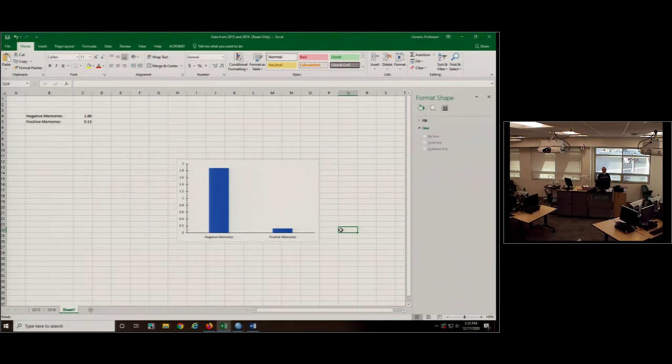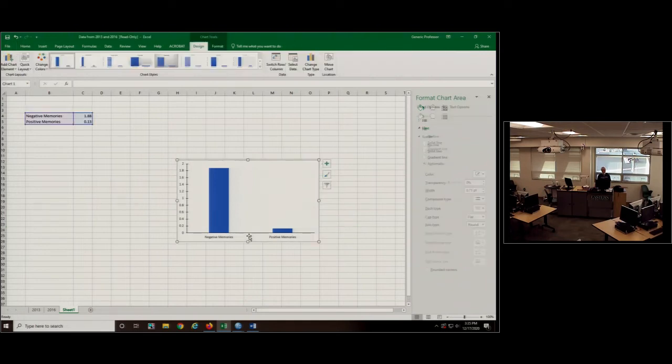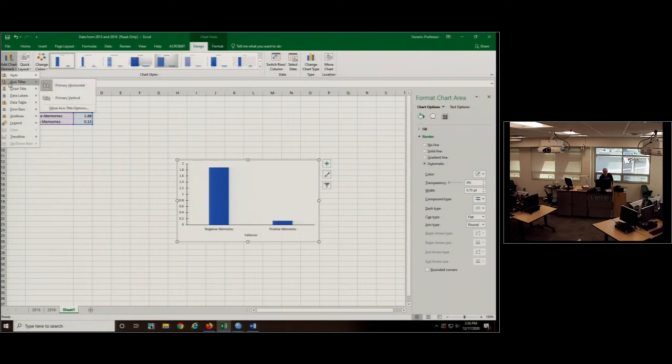Now I need to label the 2 axes. This is the x-axis going horizontally, right? I'll just click outside here somewhere, and up here on the left-hand side it says Add Chart Element. I'm going to click on that, and we have axis titles right here. I'm going to first put one on the horizontal axis. This variable is called valence. So I'm just going to say valence there. Now I'll click out of that, and I'll go to Add Chart Element. We're also going to include an axis title